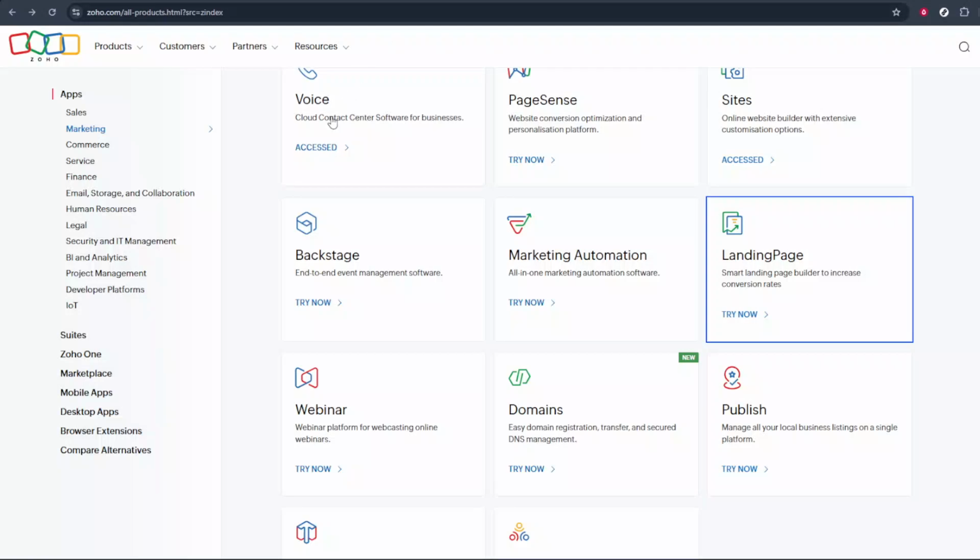In today's video, I'm going to teach you how to create a landing page in Zoho Landing Page. We'll walk through the process from the moment you open Zoho's product list, all the way to choosing and editing a template. By the end, you'll be ready to start building a professional looking page without having to design everything